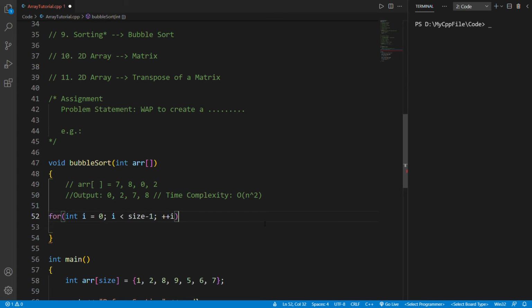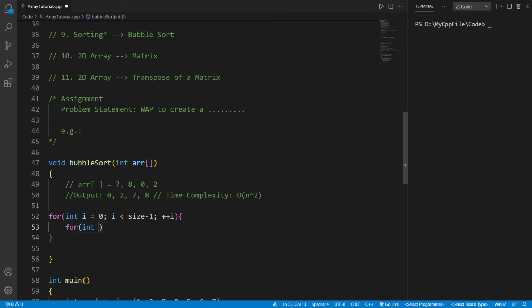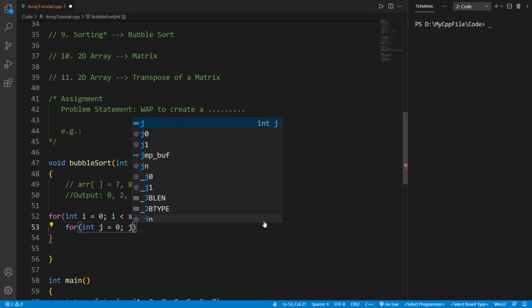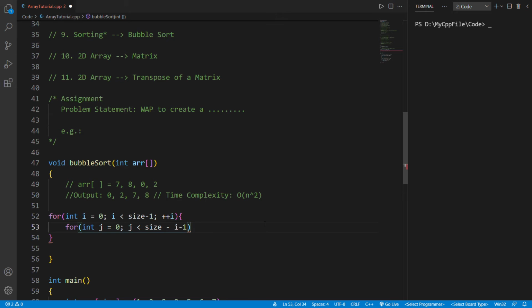Then incrementing this, inside this let's take another iterator, that is j, starting from 0, j will be less than size minus i minus 1, and then plus plus j.